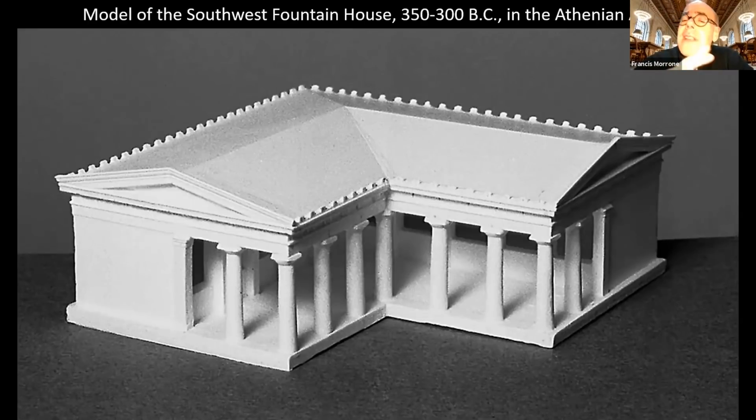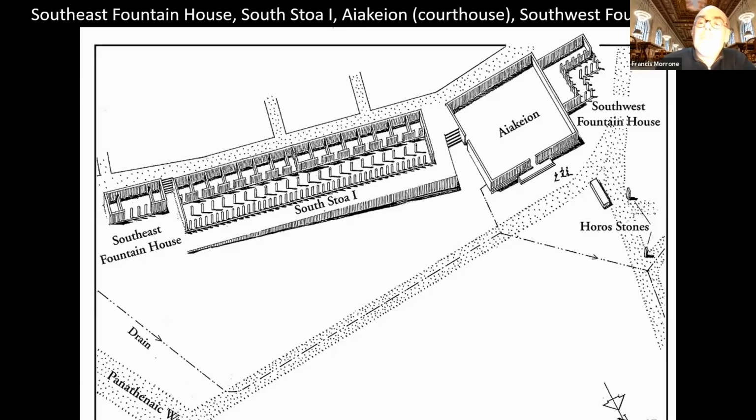But these fountain houses, which could, as you can see from this model, be very attractive buildings, were also important places in the lives of these women because it is where they met and communed with other women and did so on a regular basis. So this is where women talked. This is where women shared child rearing tips. This is where women complained about their husbands. This was the place where women got to sort of be on their own with other women. And thus they were very important places in the city.